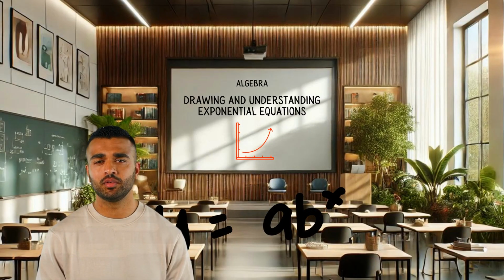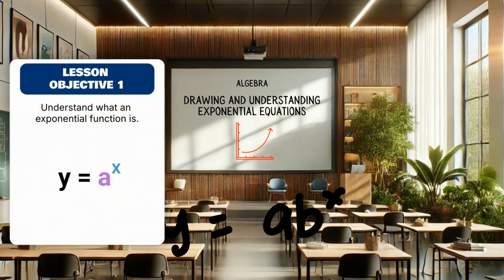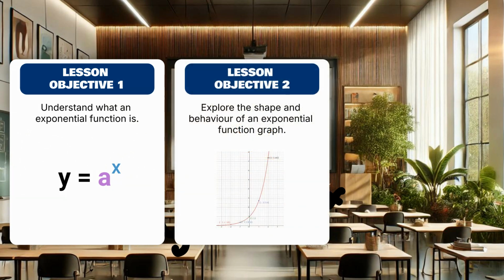In today's lesson, we began by defining an exponential function in the form y is equal to a to the power of x, where a is a constant base and x is the variable exponent. We highlighted the special base e, approximately equal to 2.718, as it frequently appears in various mathematical contexts. We then examined the graph of the exponential function y is equal to e to the power of x. We noted its key characteristics of a horizontal asymptote at y equals 0, a y-intercept at (0, 1), and rapid growth as x